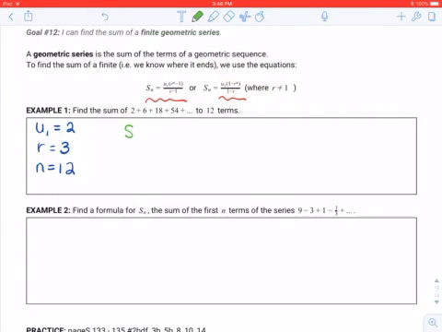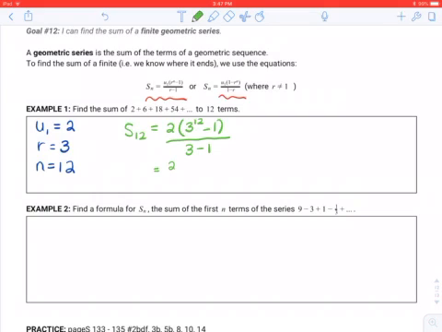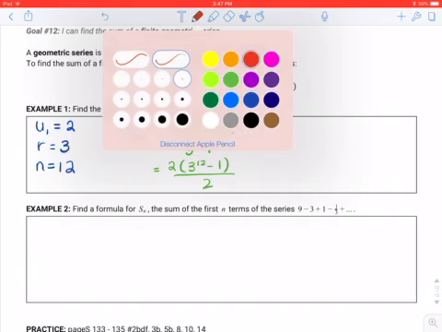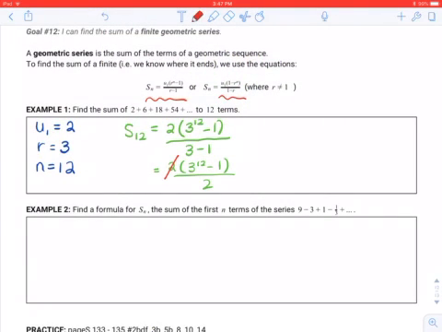So plugging that into my formula, I end up with the sum of the first 12 terms equals u1, 2, times r, which is 3, to the power of 12, our term number, minus 1, all over r minus 1, so 3 minus 1. So simplifying that a little bit gives me 2 times 3 to the power of 12 minus 1 over 2. I have a shared factor of 2 in the numerator and the denominator, so those cancel out. And I end up with 3 to the power of 12 minus 1, which gives me a really big sum